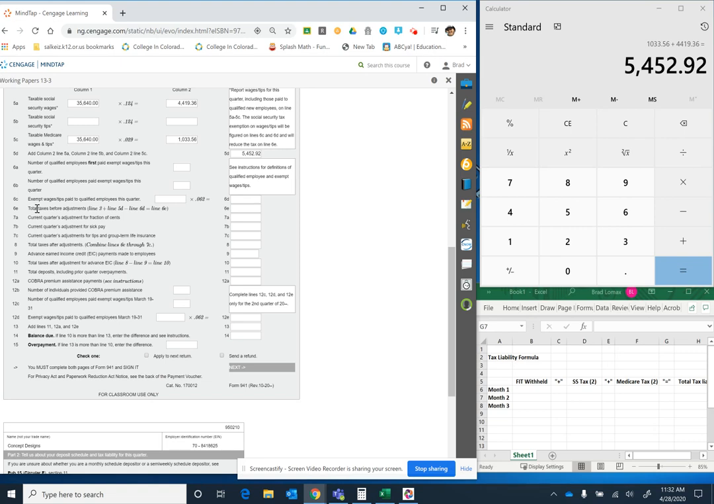6E, we've got total taxes before adjustments. So we're going to add line 3 plus 5D minus 6D equals line 6E. So we are going to take our $5,452.92